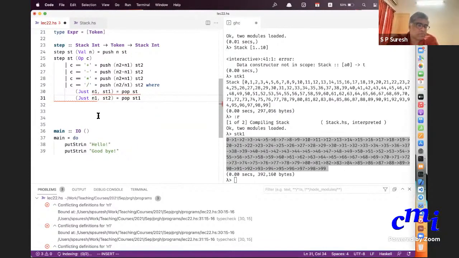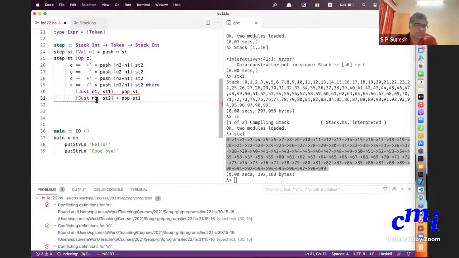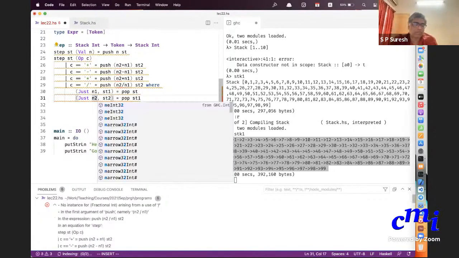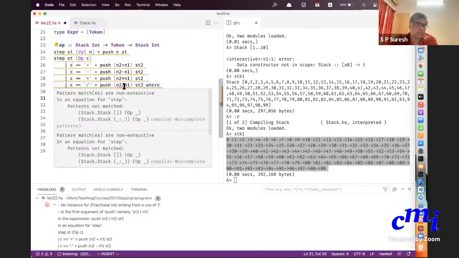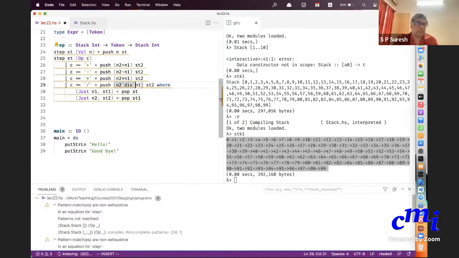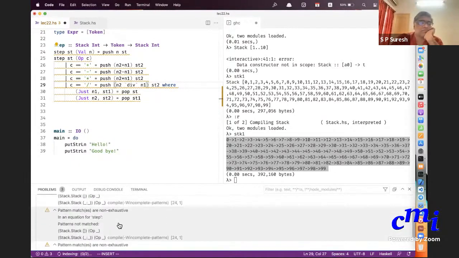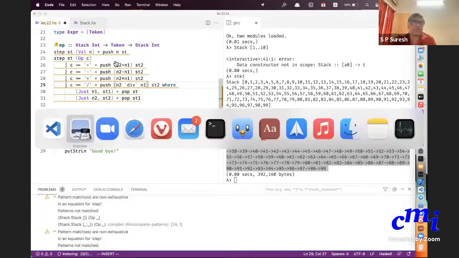Okay, I can do this. It's fine. Pattern matches are non-exhaustive, but I don't care about that for the moment.